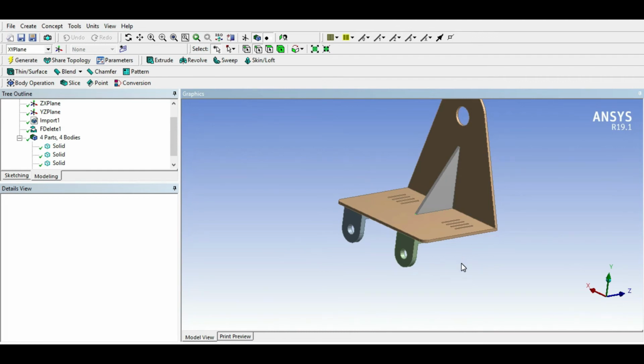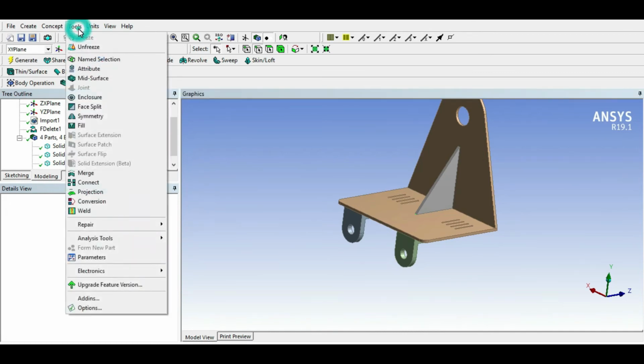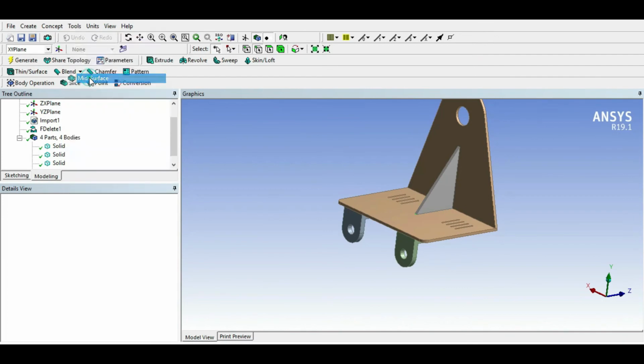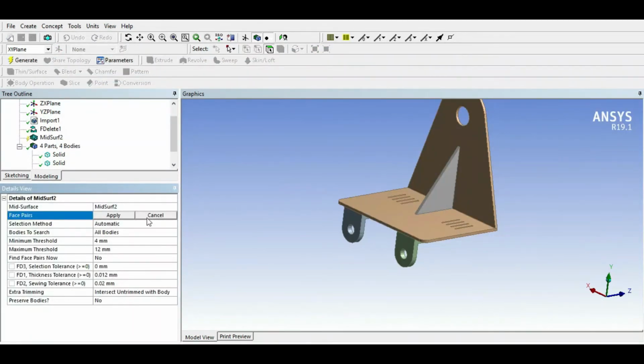So before selecting the mid surface feature, we have to calculate this edge length. Then click on this tool and insert your mid surface. Here I am going to use the selection method automatic, and bodies to search is all bodies.